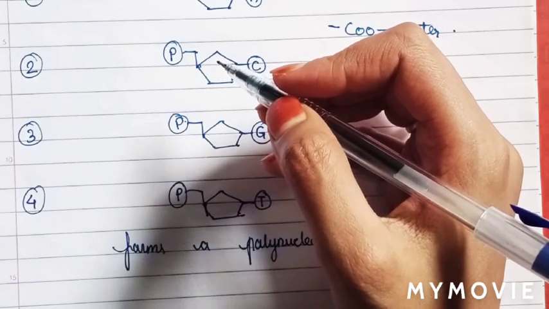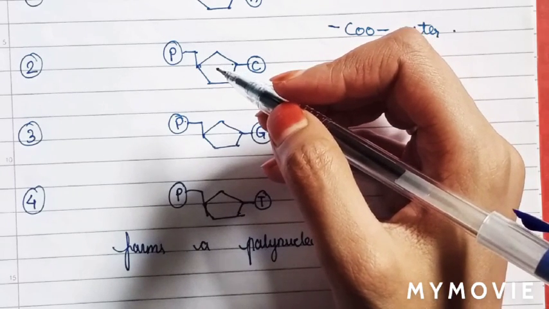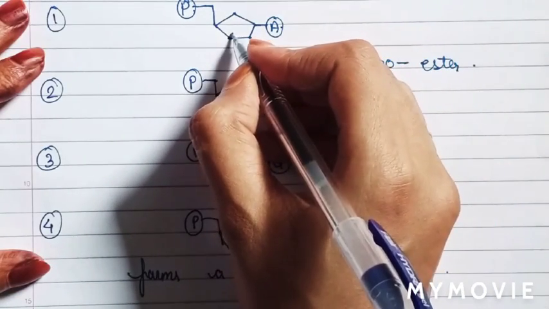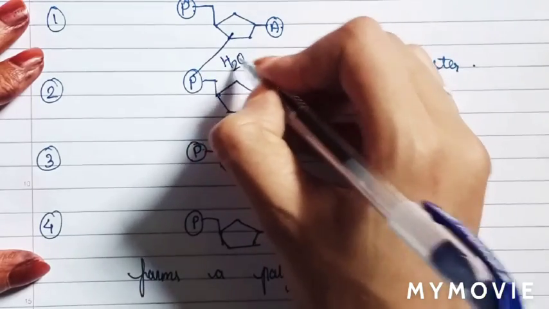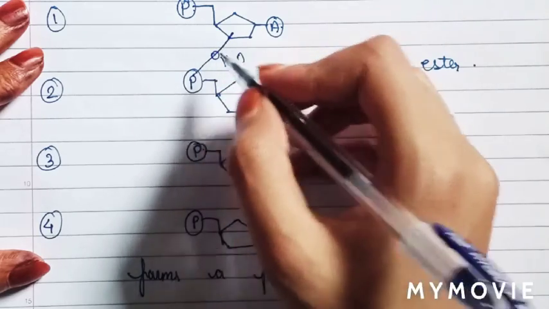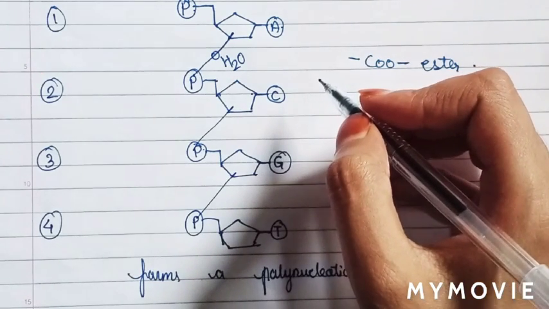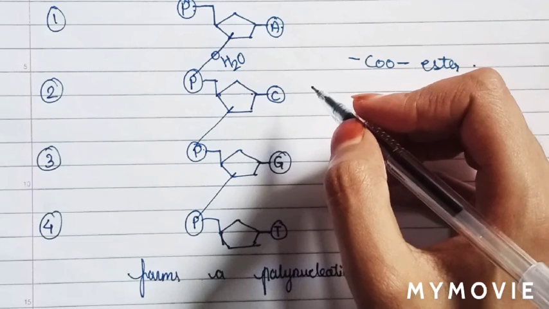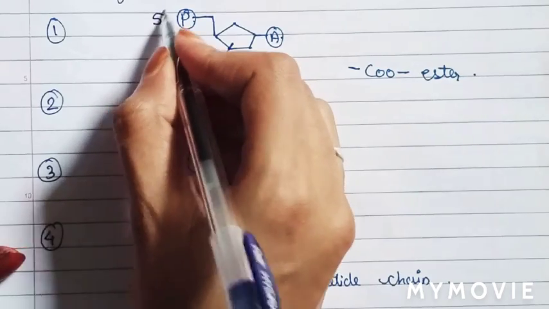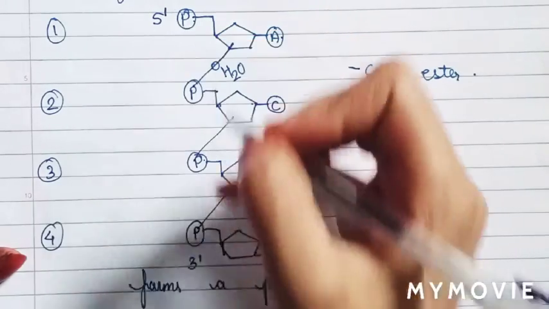Now we are going to see the polarity of DNA strands, such as 5' end to 3' end and 3' end to 5' end. The fifth carbon gets attached here, and a water molecule is removed and only one oxygen remains, meaning the phosphodiester bonds are formed. Same as here, phosphodiester bonds are formed. But now we are talking about the polarity of the DNA strand. We say that this is a 5' end and this is a 3' end. Why do we say this is a 5' end and this is a 3' end?